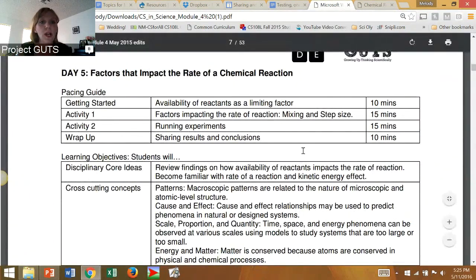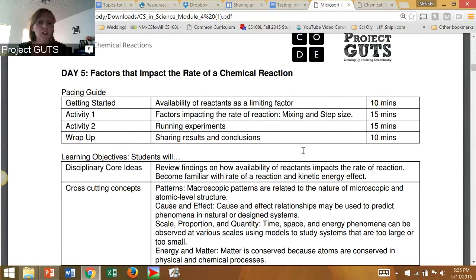And so in day 5, they'll discuss the rate of reaction and what can speed up or slow down reactions, specifically mixing. So how does movement affect this, as well as step size, which is another form of movement. And then they're going to do this, and they will actually at this point fill out the project design form